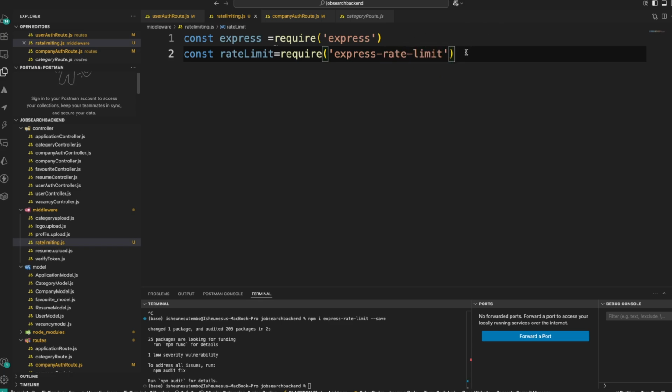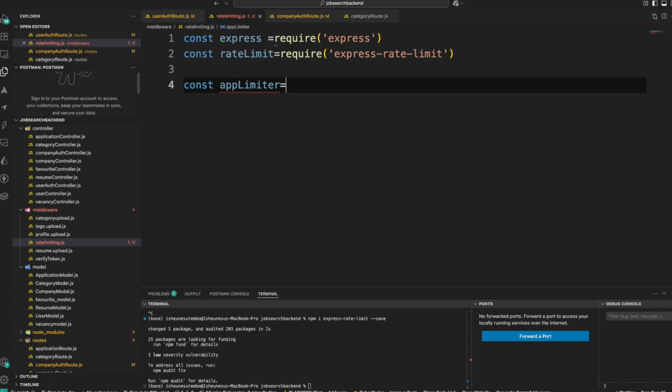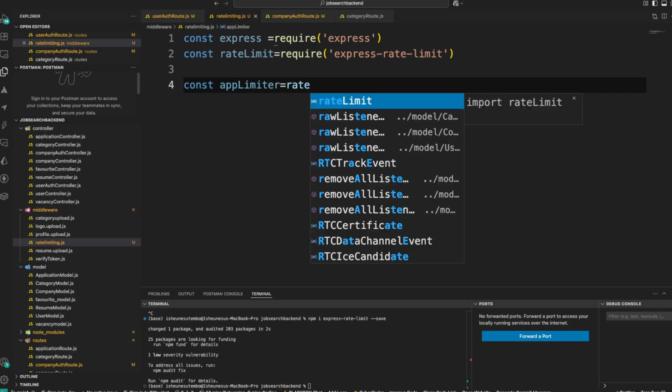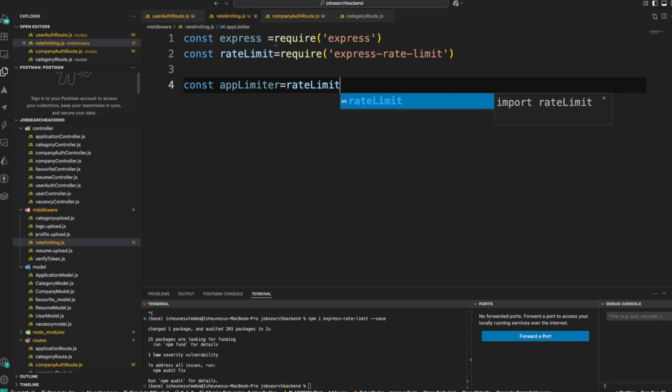Now we'll create the overall app limiter, that will be limiting the number of requests to our general endpoints. So rateLimit,